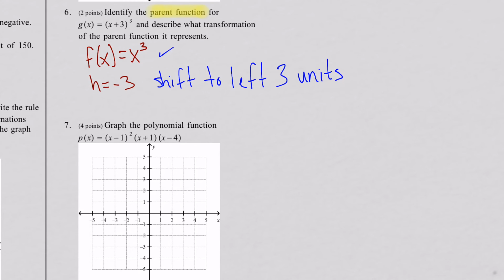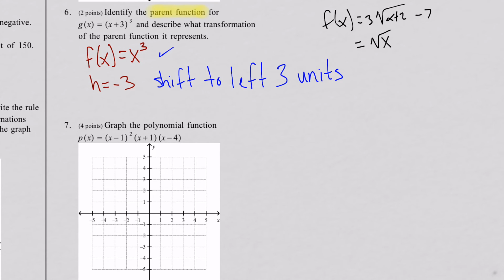And that's it. That's all I needed for that one. Tell me what the parent function is. The most basic form of this function. Okay, parent functions are always going to look very, very basic. If I told you, for example, tell me the parent function of f of x equals 3 radical x plus 2 minus 7, then